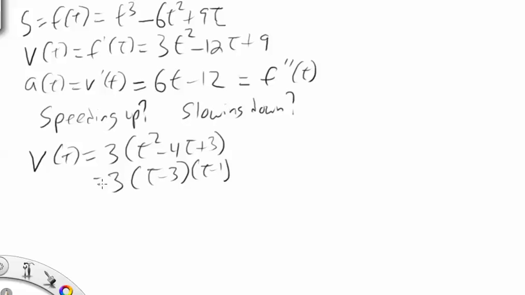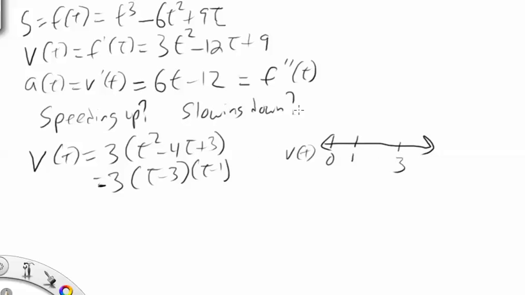minus 1. So I can check the sign of my velocity with a simple number line, just like we did when we did our little snake graph stuff. So 0 is my starting point, 1 is a breaking point, and 3 is a breaking point. That's when the velocity was 0. So in between 0 and 1, the particle's doing something, then it stops. And between 1 and 3, it's doing something, and then it stops at 3, and then it